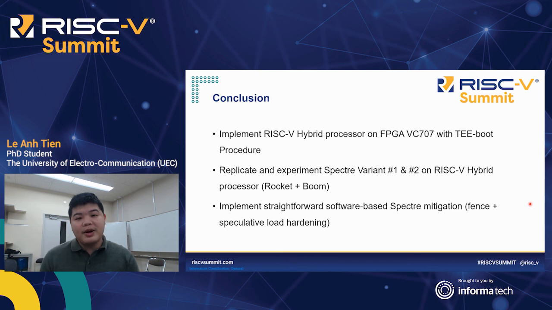There are some software-based mitigation methods also initially implemented on the RISC-V processor to defend against the variants of the Spectre attack. However, the approaches require recompiling the program and come with a significant performance loss. However, it's still a beginning for future improvement methods to protect against such attacks on the RISC-V processor.